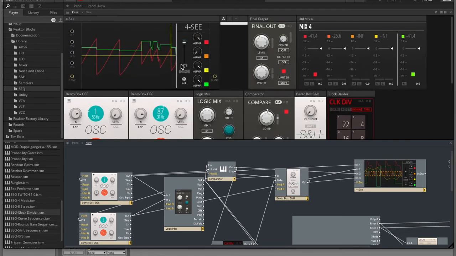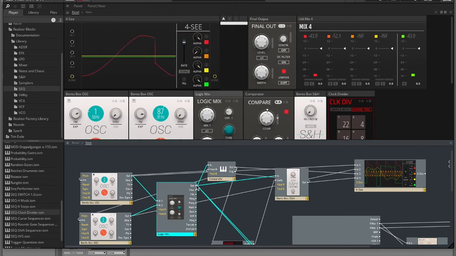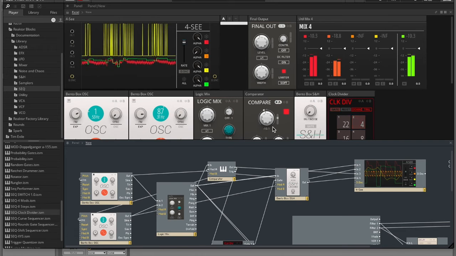For these parts it's perhaps useful if you track on the scope the range of the signal, because then you can tune your threshold in order to